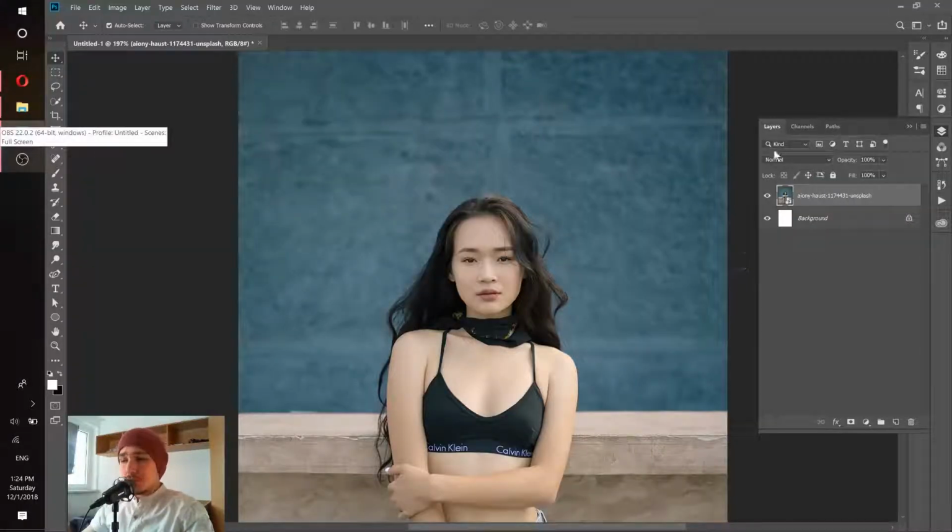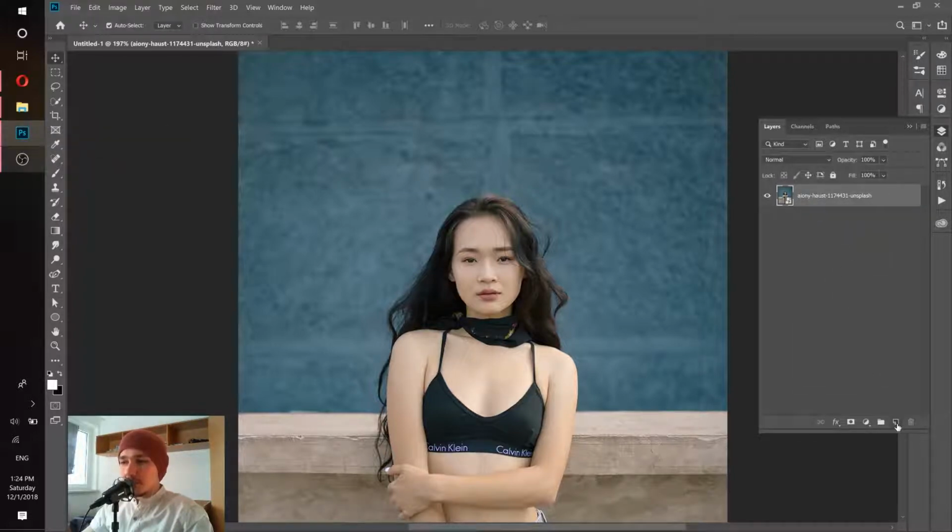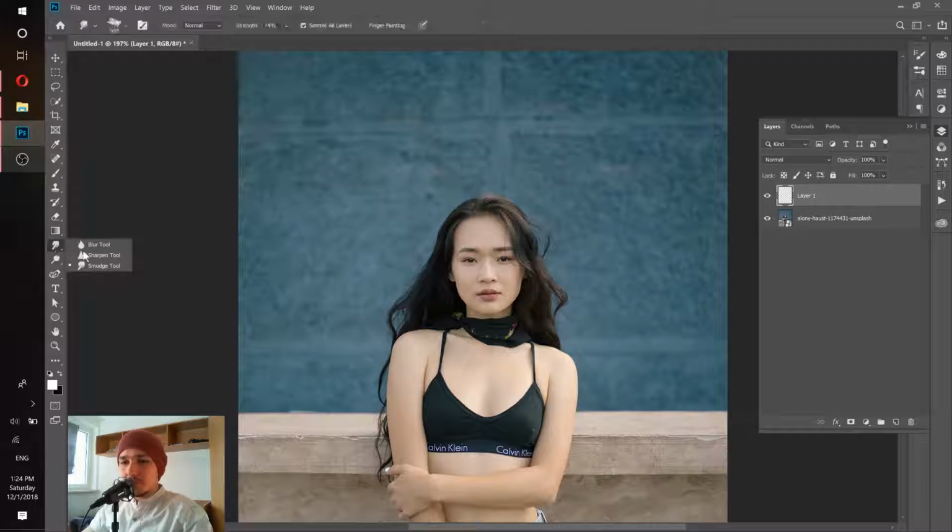And how are we going to do so? First of all, let's go to layers and delete this background layer because we don't need it and it's just useless. And what we want to do right now is create a new layer because we're going to work on an empty layer. The tool that we're going to use is this tool. If you press right-click and choose Smudge tool,